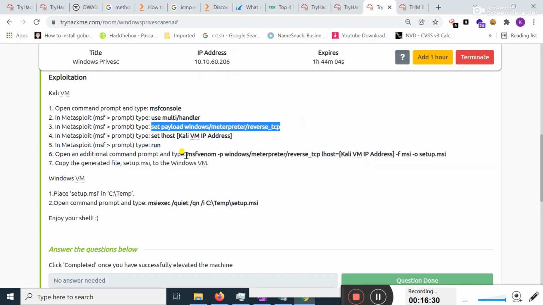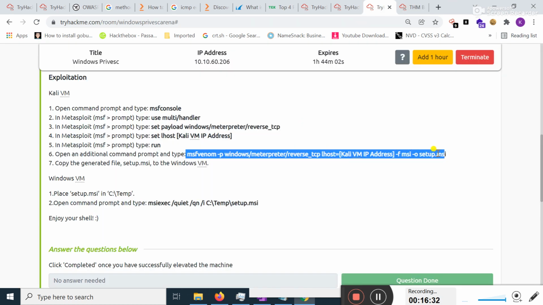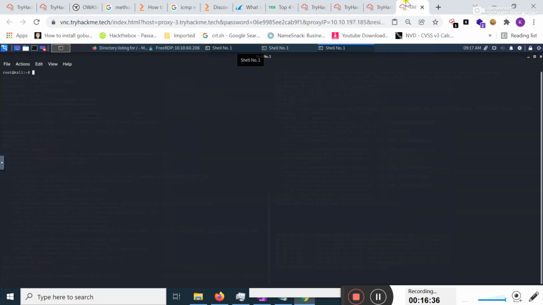I'm going to create an MSFvenom payload again. I should copy this command from here. Due to the shortage of time, it's not possible for me to type the whole command, so I simply copy and paste. I should change the IP address here. I simply type 10.10.197.185 and hit enter.